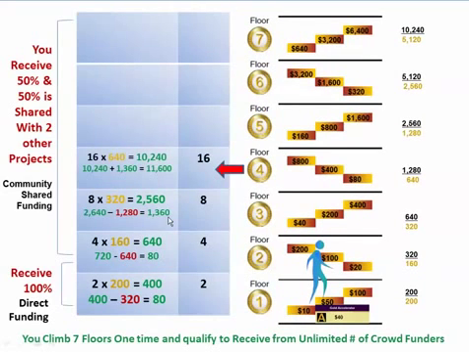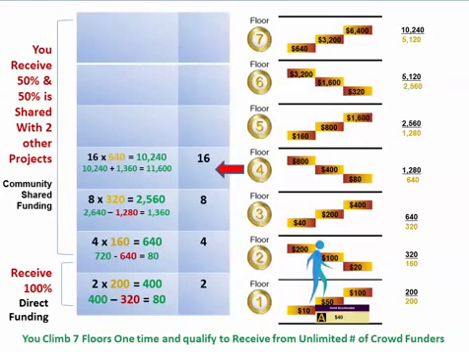Take it one more level up, and you notice that these 8 project managers, when they find 2 each, you have a potential of 16 project managers on your 4th level. When these 16 project managers make, now what's half of this is 640, a $640 donation when they fund the whole step, the whole floor, you have a potential of $10,240 coming into your project. When you add what we carried over from what was left over on the third floor of $1,360, that adds up to